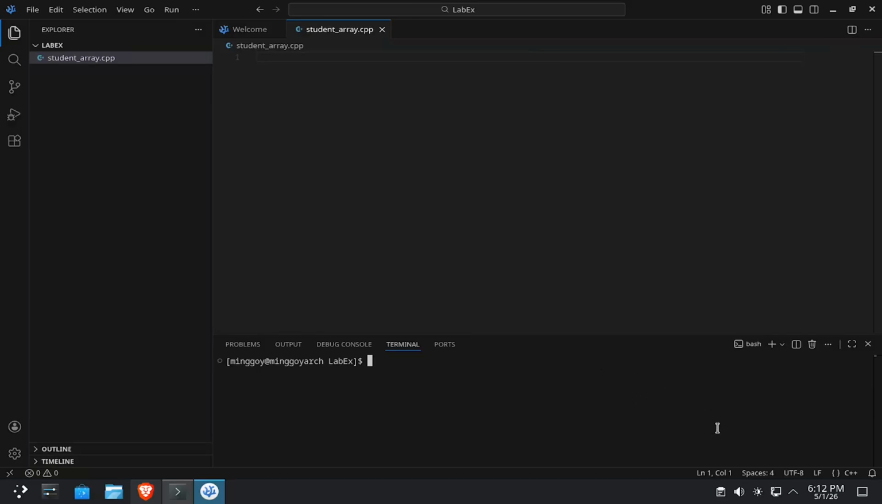Okay, so let's get started. First, we will do the student with array, and I'm going to use C++, and my editor is Codium. It's an open source version of VS Code. So let's get started. First, we